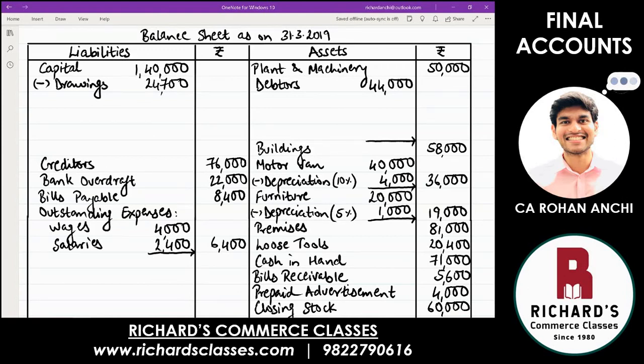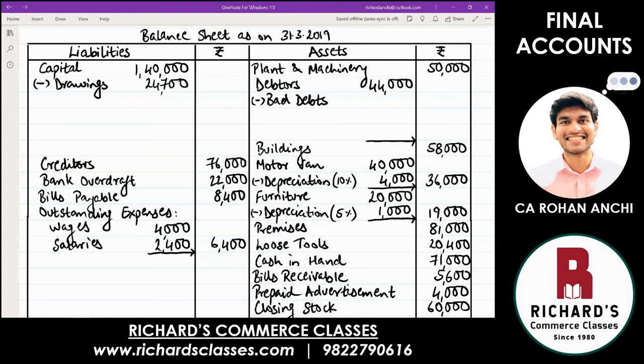Bad debts. Because RDD is a percentage which you have to calculate, that will be calculated on the adjusted balance, the new balance. So when do you get the new balance? After adjusting the bad debts. So first always reduce bad debts, which is your actual loss. Money that you are not going to receive from your customer is a loss, which is known as bad debts. And bad debts is given to you. The new one is 2,000.